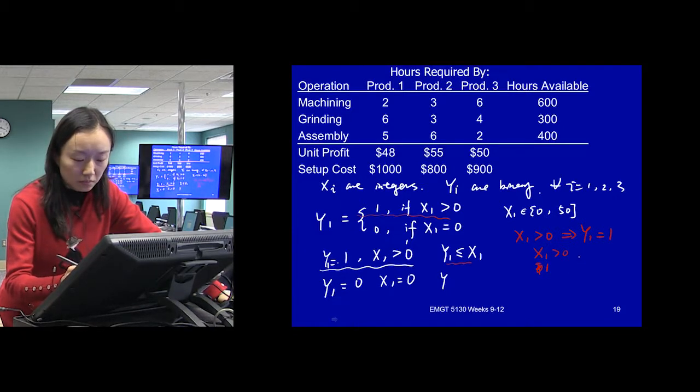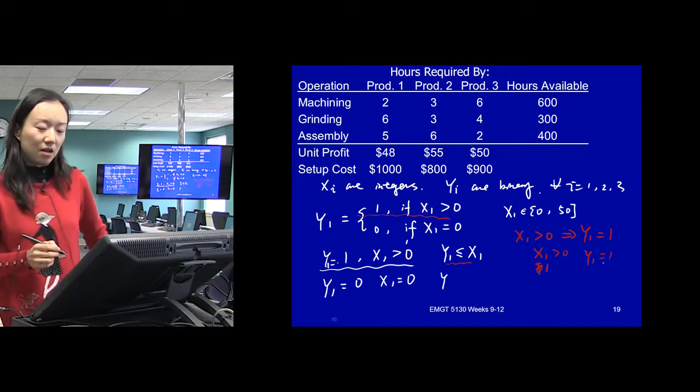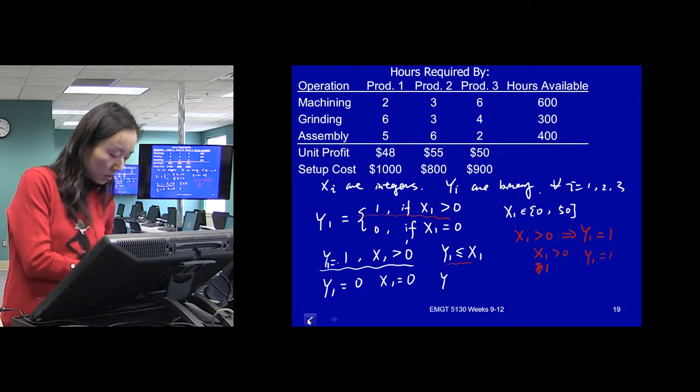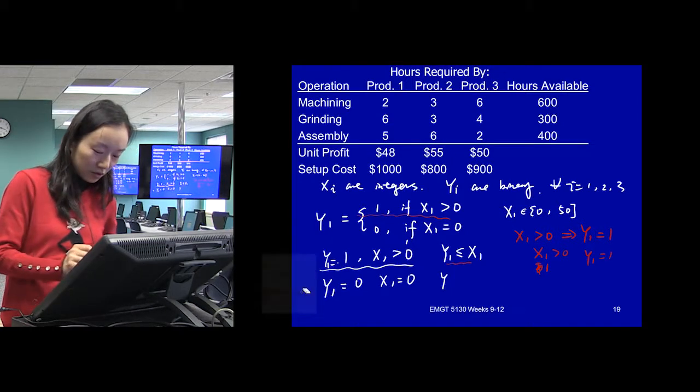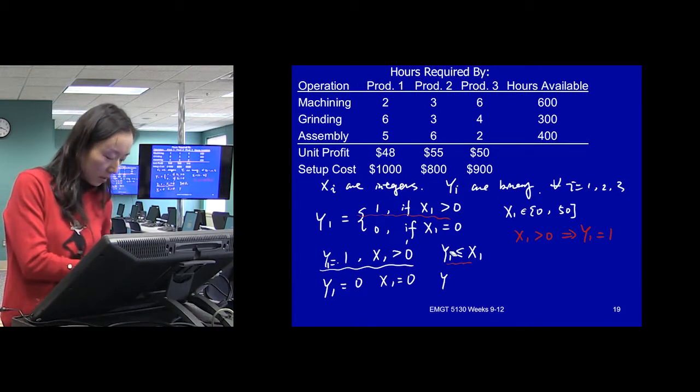Then we want our y to be 1 too. Let me see. If it's a binary variable, our x will be 1. We'll just use this one again.